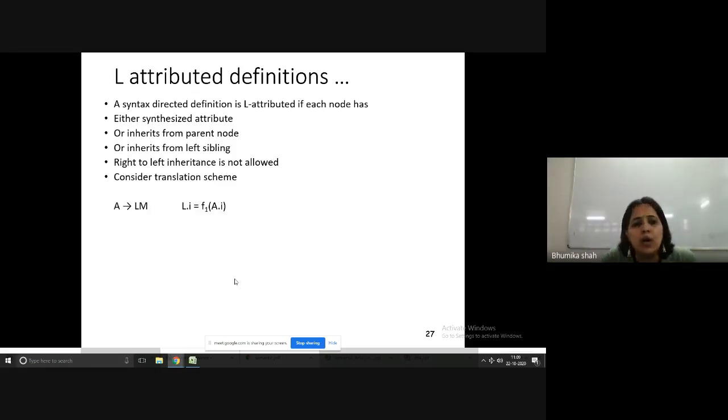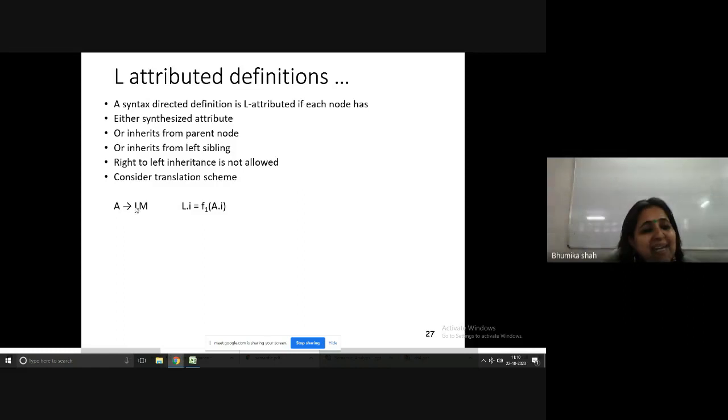Okay. So suppose this is the example, we will see whether it is satisfying the conditions or not. So A derives LM, and the values are calculated like the value of L is evaluated by using the value of A, applying some function f. So the value of L node is calculated by the value of which node? Parent node. We need not worry about which function to apply. We are just focusing on the value of a node being evaluated using which node: parent node, child node, or which of the sibling nodes. So we can see whether it is satisfying the above given qualities or not.